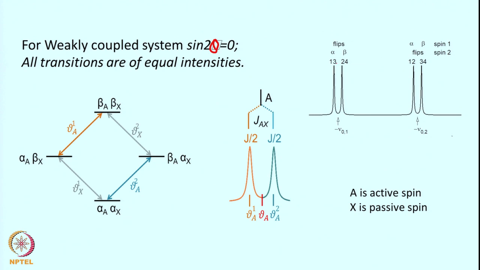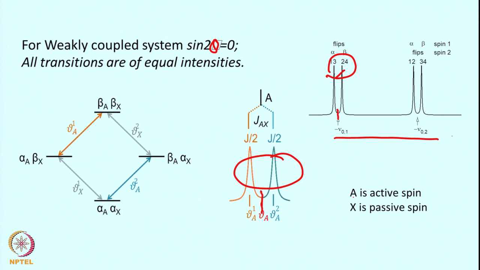Now, 1 to 3 transition, 2 to 4 transition, 1 to 2 transition or 3 to 4 transition, in each case the intensity is going to be equal, and the chemical shift center will be of, say, spin 1. Okay. So, in this case alpha flips, here beta flips, in this case alpha flips and beta flips. So, these spins 1 and 2, this will be the case for equal intensity, and that is the case for weak coupling system as we have shown earlier. So, here we are talking about spin 1 for both of these cases, and the equal intensity pattern will come. So, here will be the center for frequency 1.